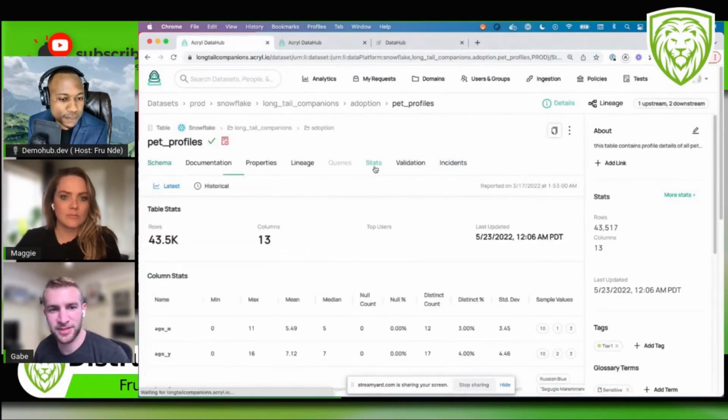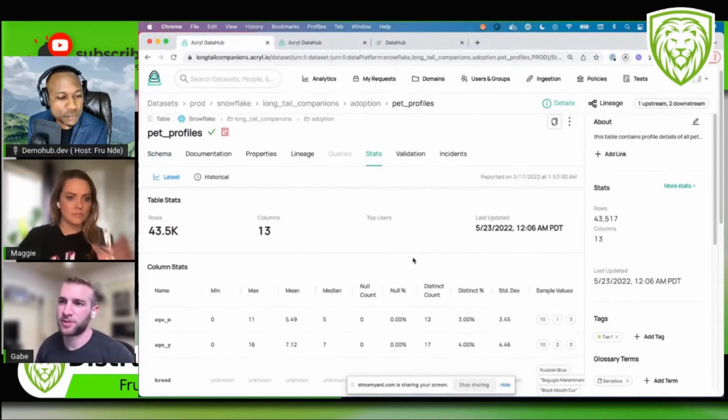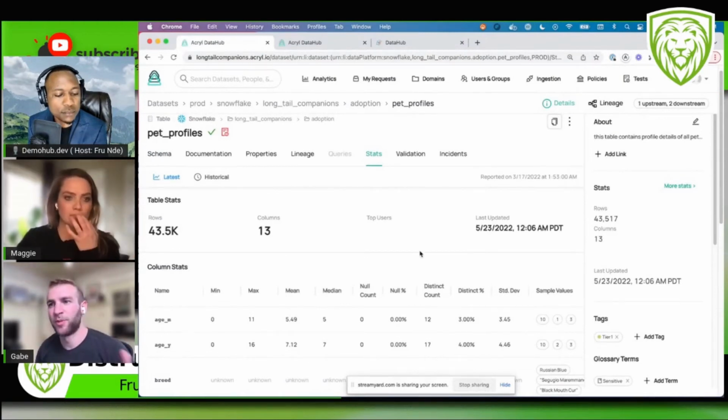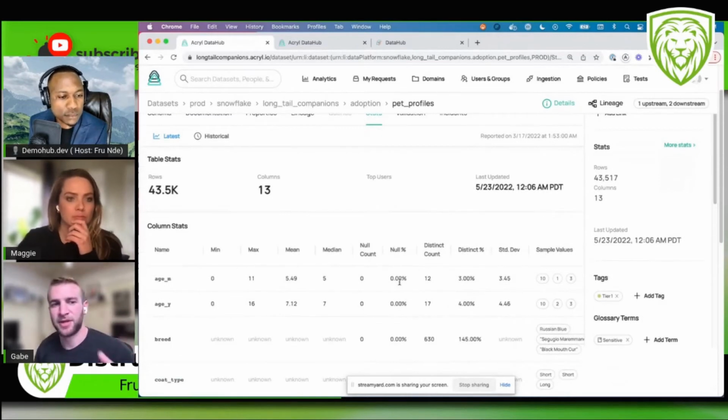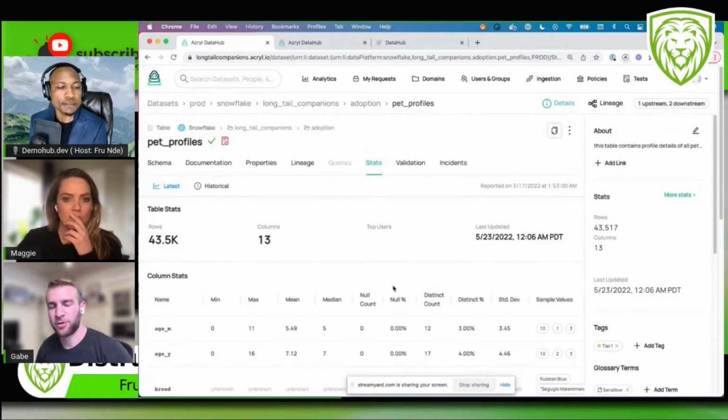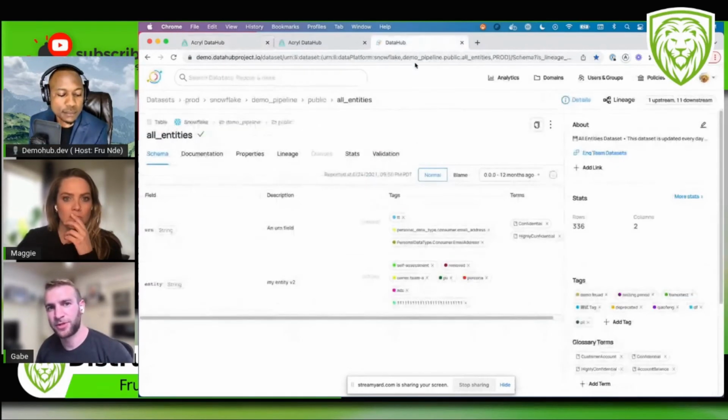We are able to get these statistics from the sources. We work with Great Expectations, but then also have done some of our own additions to do some performance optimizations. But what we're doing here is going to those data sets and then getting things like min, max, median, mean for numeric values, and then common sample values and distinct counts for non-numerics. So we are able to get these profiles, but in addition, something else I want to show you